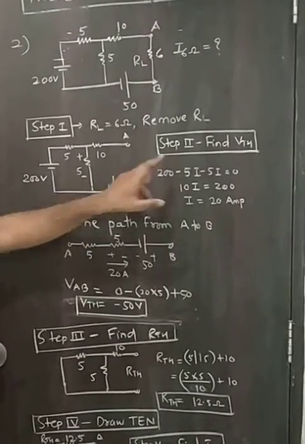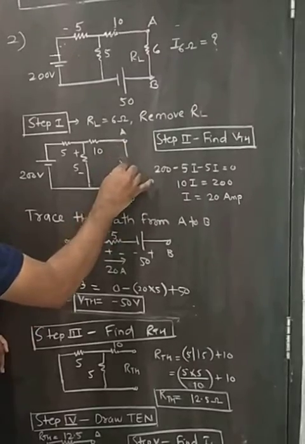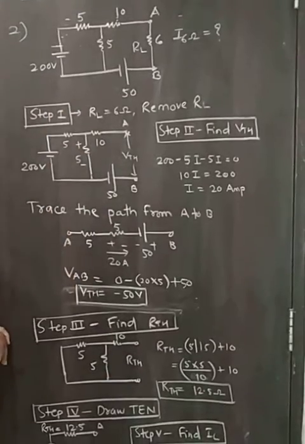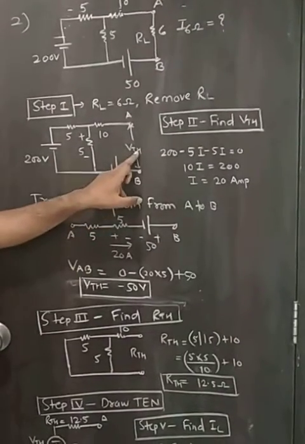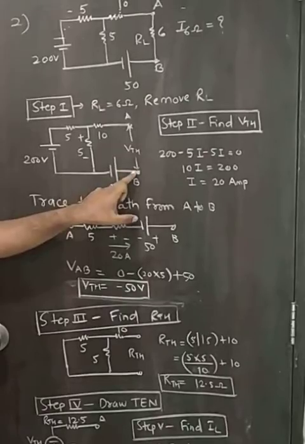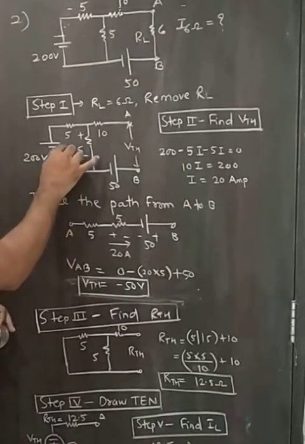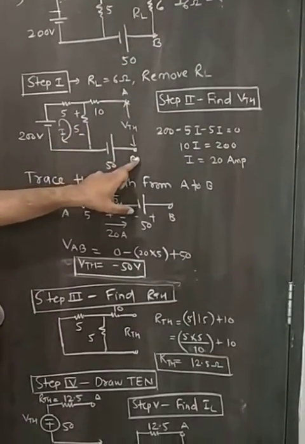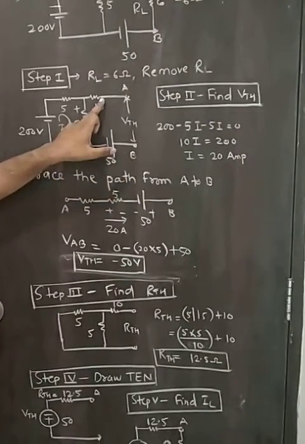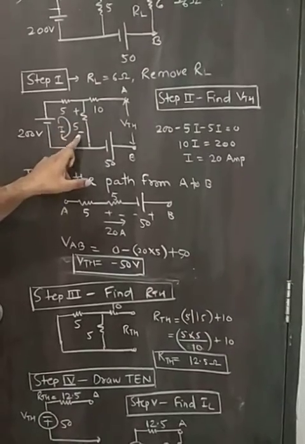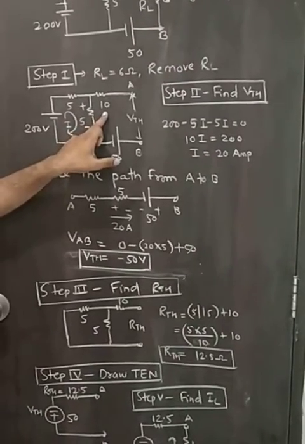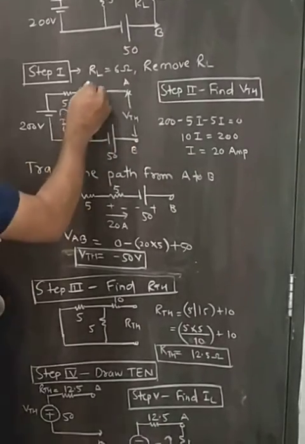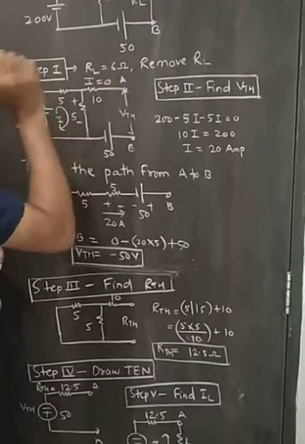Step two: we have to find the voltage across the open circuit terminals, that is nothing but your VTH. By using any network reduction method, we can find the voltage across these two terminals. In this case, one closed loop is formed. To find the voltage across terminals A and B, we need to find the current flowing through the 10 ohm and 5 ohm branches. The 10 ohm branch is redundant because it is connected in series with the open circuit. So the current flowing through this 10 ohm branch is equal to 0.